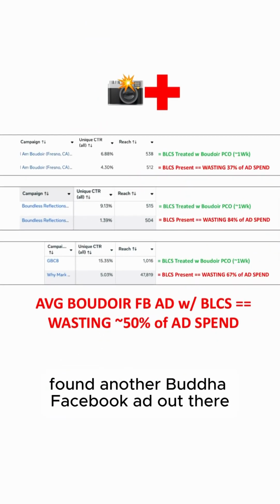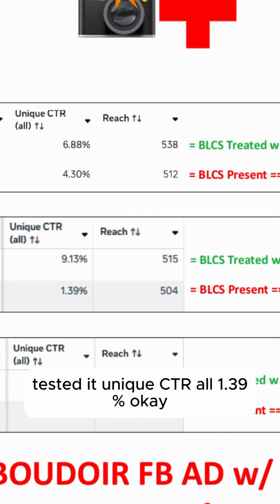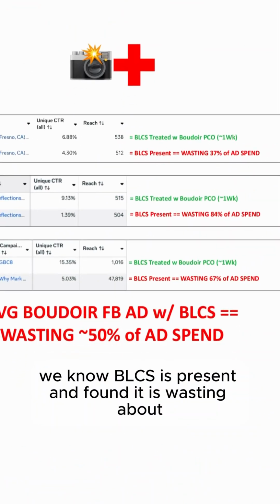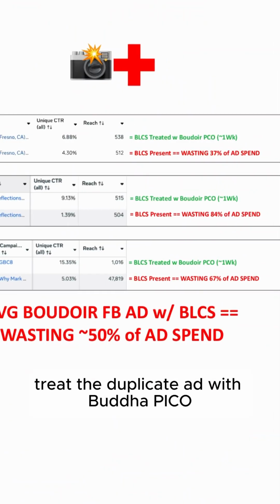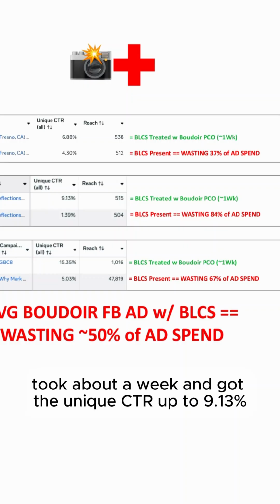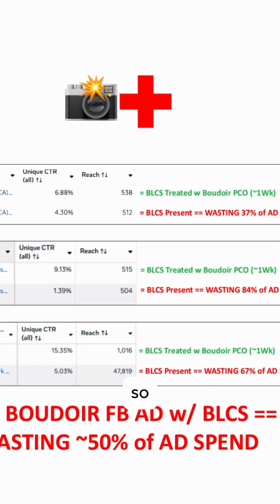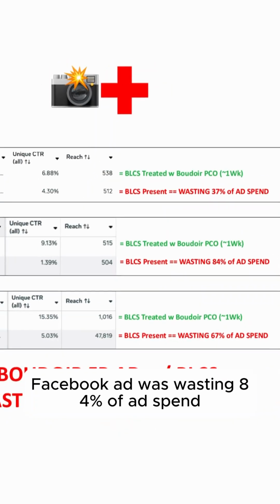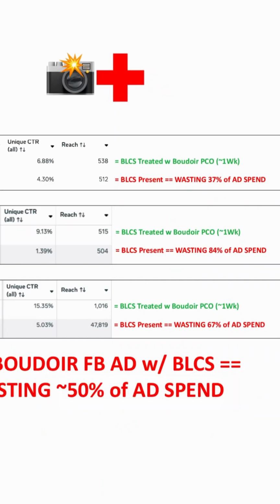Second part of my residency, found another Boudoir Facebook ad out there, brought it back to the hospital, tested it, unique CTR all 1.39%. Okay, that's under 6%. We know BLCS is present, and we duplicated it, treated the duplicated ad with Boudoir Pico, took about a week, and got the unique CTR all up to 9.13%. So we found out the original Boudoir Facebook ad was wasting 84% of ad spend. So if they're spending 10 grand a month on Boudoir Facebook ads, then